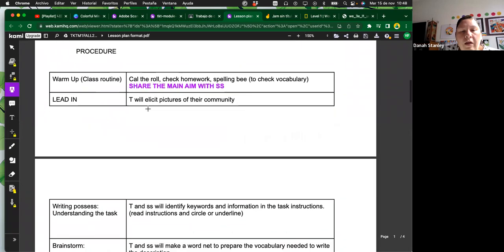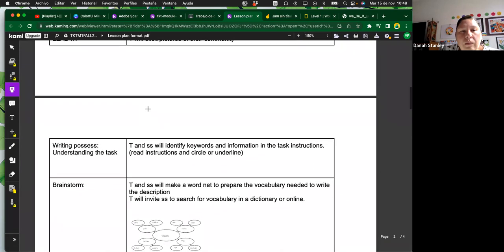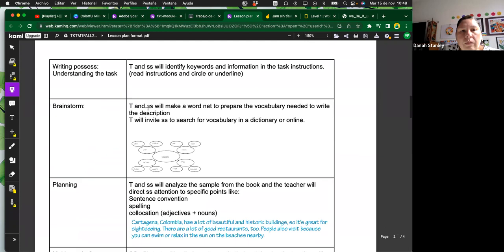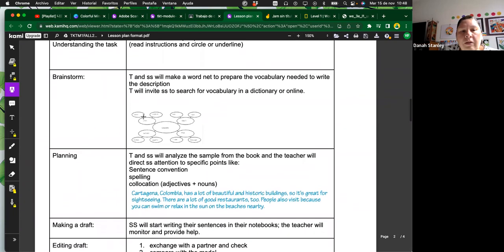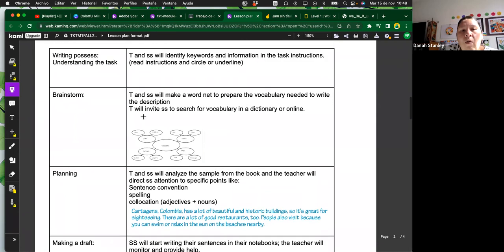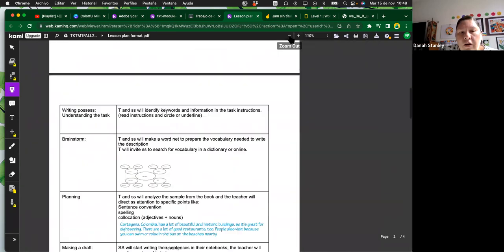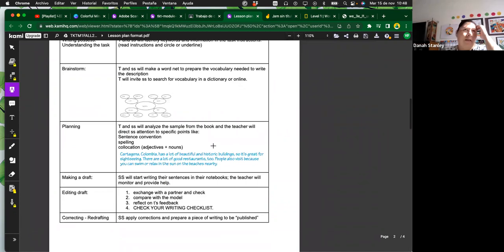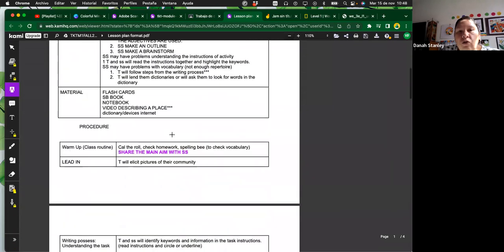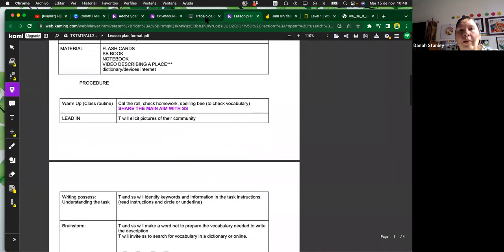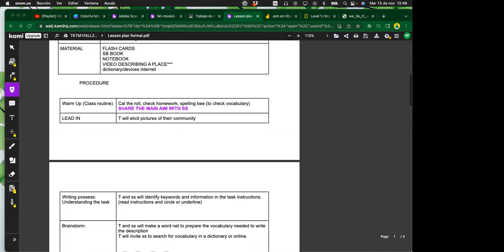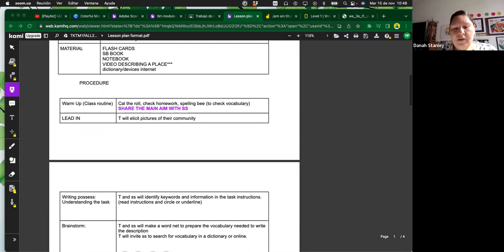So we have the lead-in, understanding the task, and the brainstorm. In how many lessons do you consider now, with having this scheme in your mind, that this can be done in 2 classes, or you probably may need more sessions? It depends on how many hours we teach per class, right? Exactly.